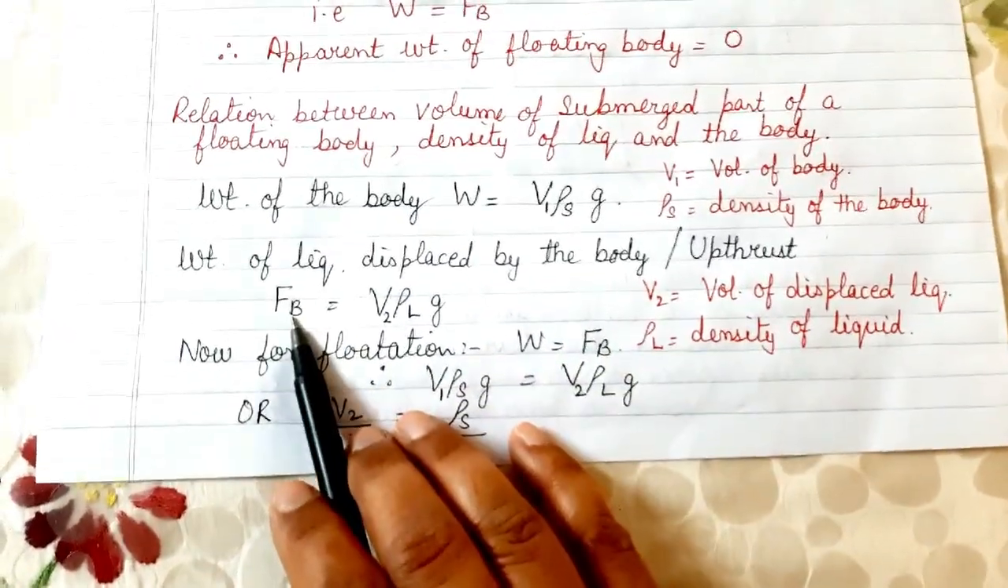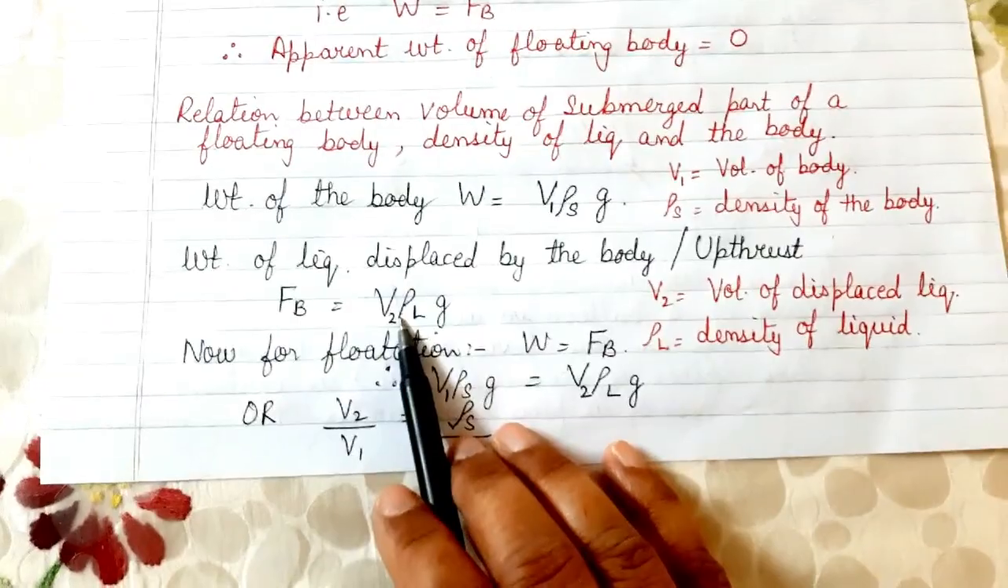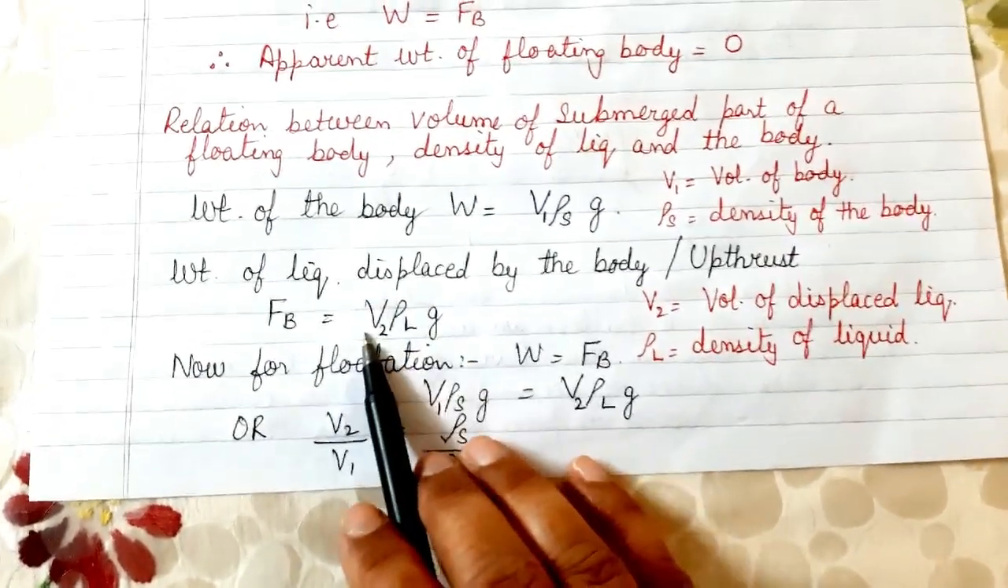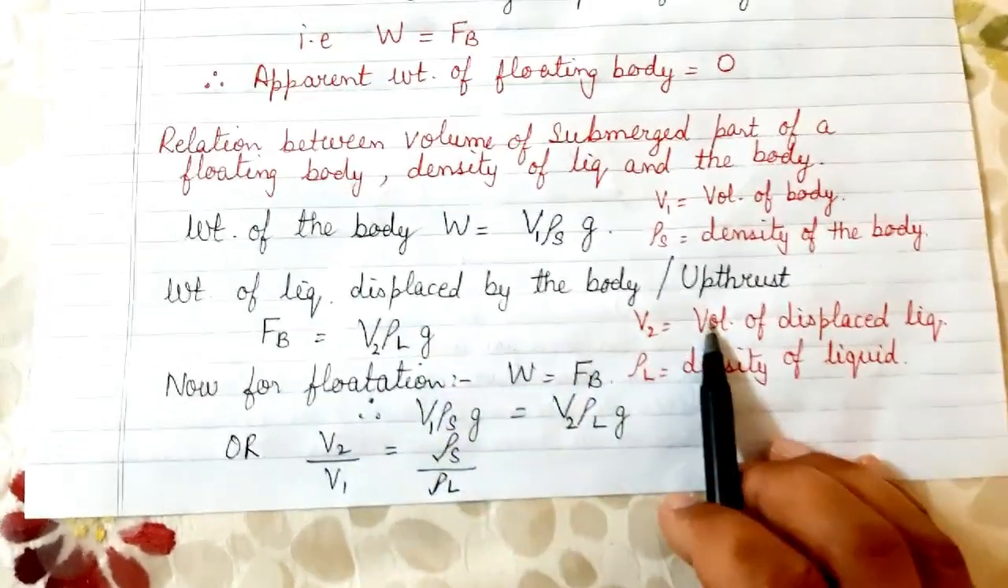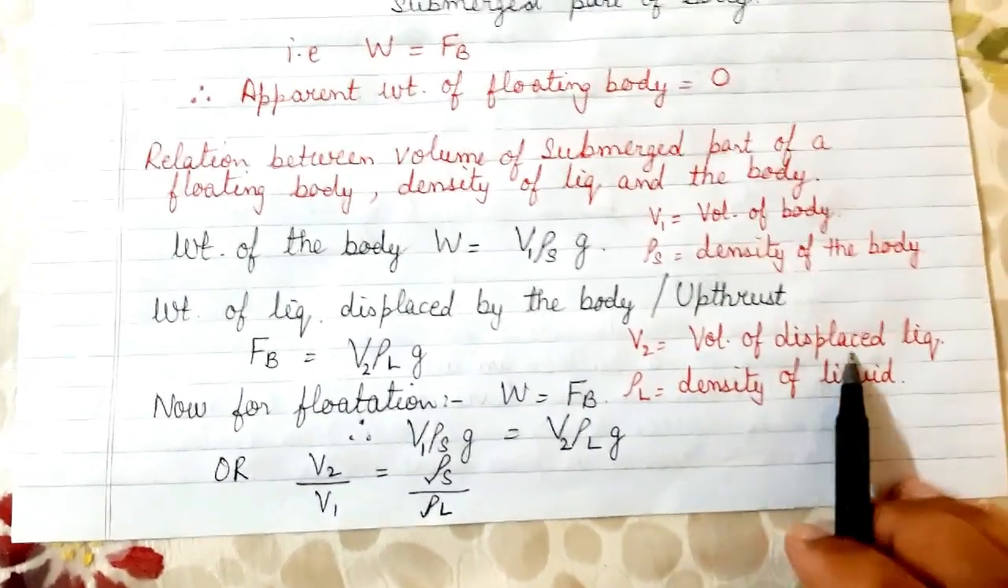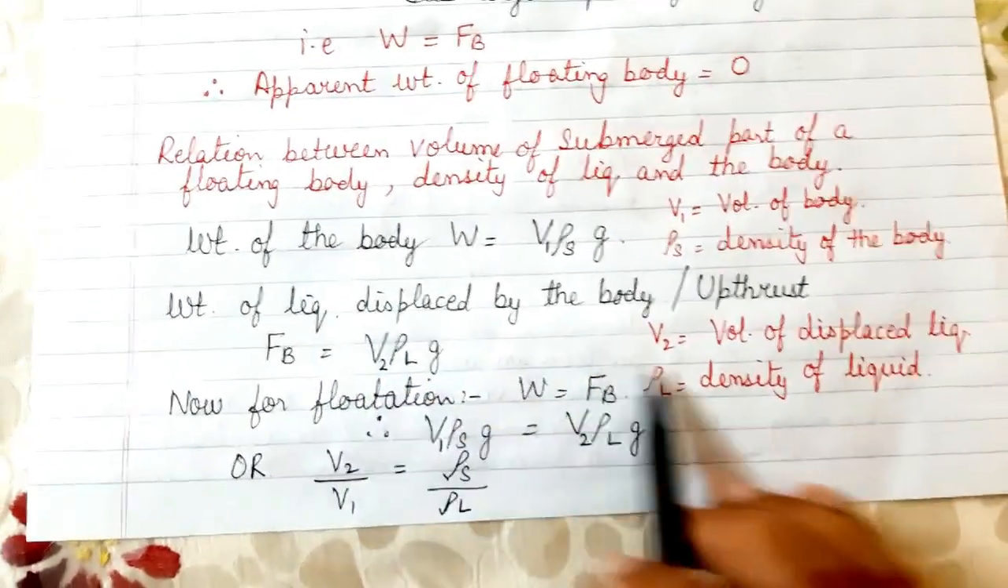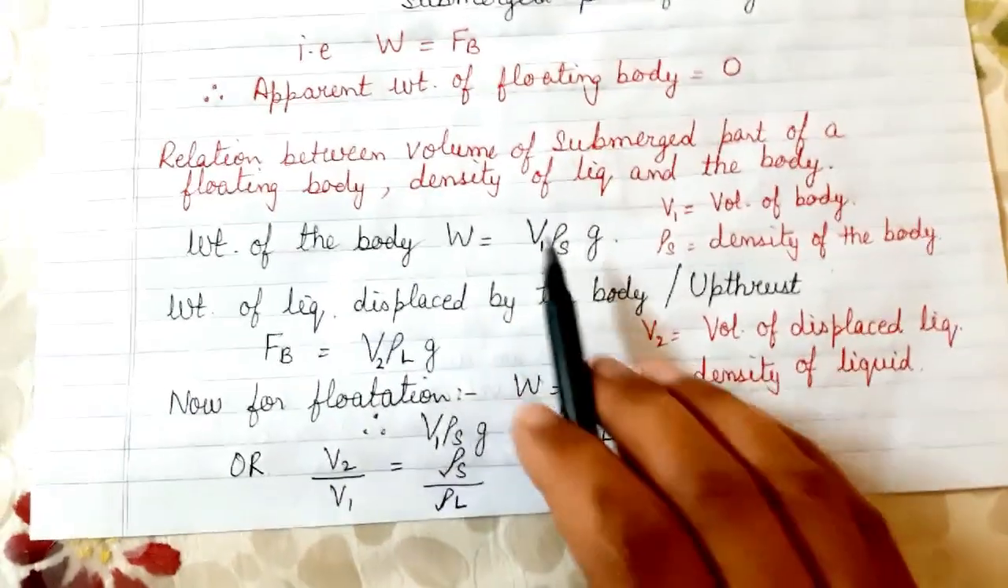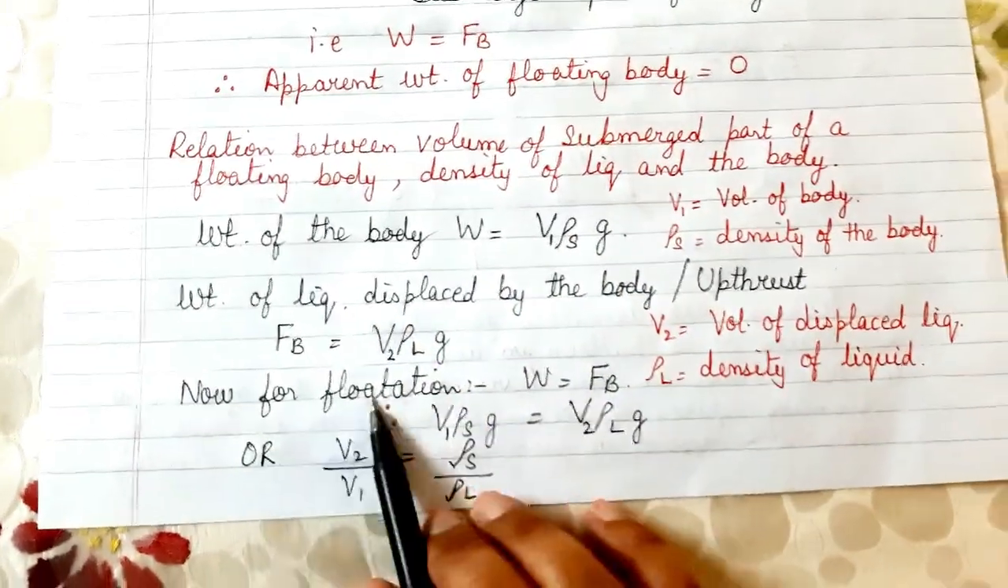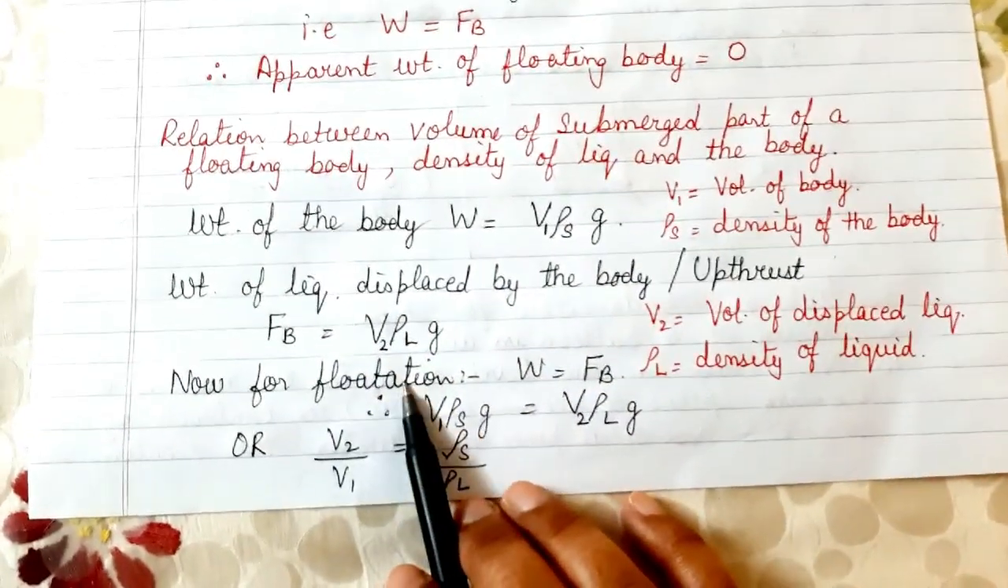That is equal to FB, denoted by FB, and it is V2 rho L g. What does V2 stand for here? V2 stands for volume of displaced liquid. What does rho L stand for? Density of the liquid. Okay, now I know that according to the law of flotation, the principle of flotation, the weight